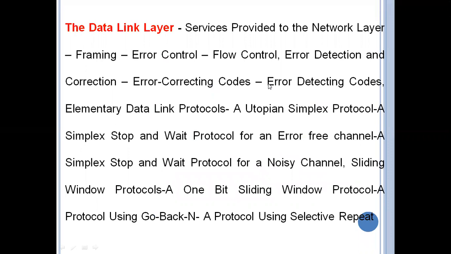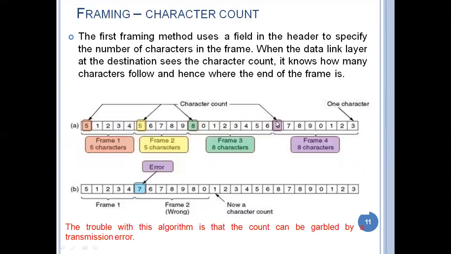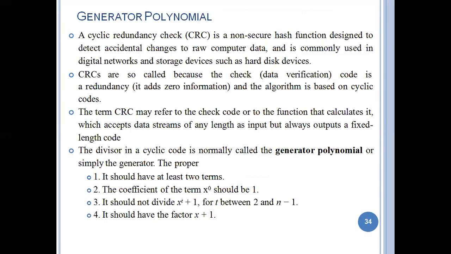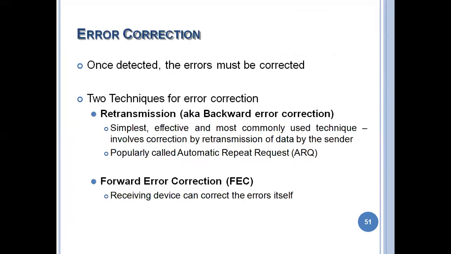As usual, before we start the session, let us recall what we discussed in the past sessions. In the past week we completed different topics in unit number 3, which are services provided to the data link layer, framing, error control, flow control, error detection and correction techniques, and some simplex protocols related to the data link layer. Now in this video we will discuss a very important concept in unit number 3, that is the sliding window protocol. All these other topics we have already covered in the past videos.